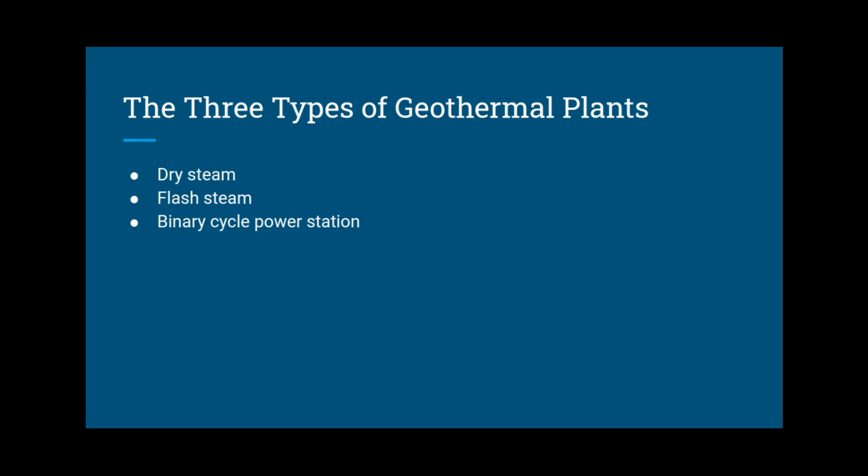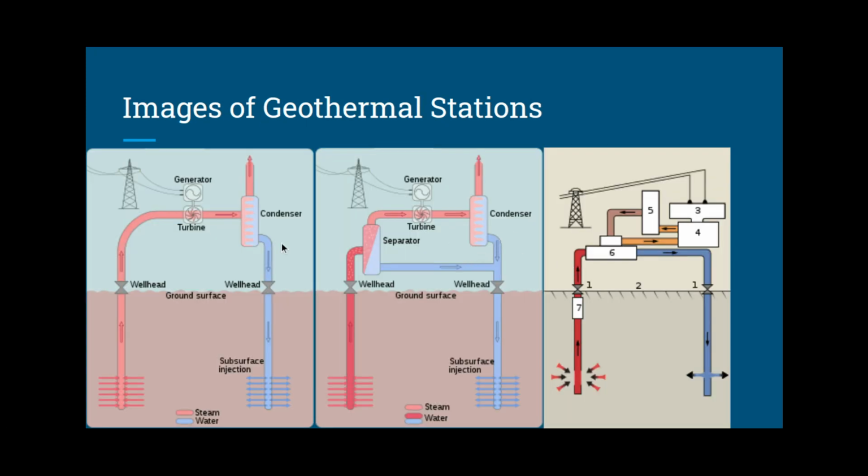The three types of geothermal plants. We have dry steam, flash steam, and binary cycle power station. I'm going to be flipping between this slide and the next slide because I can't remember the names. Dry steam, which is on the far left here, takes in the hot well water up through,